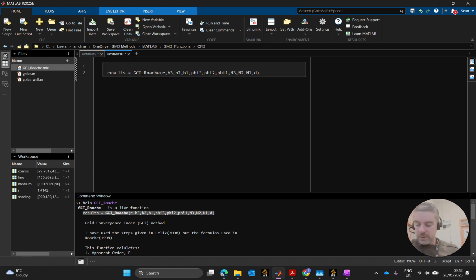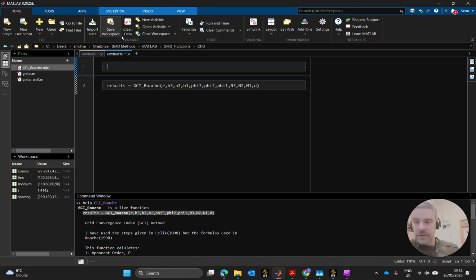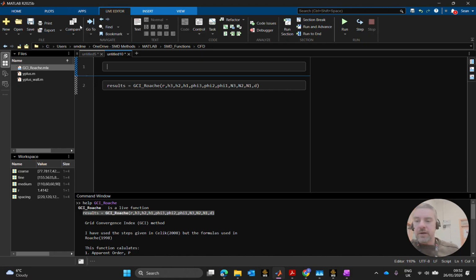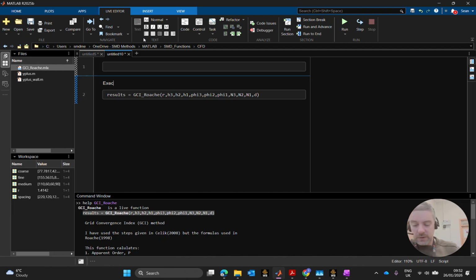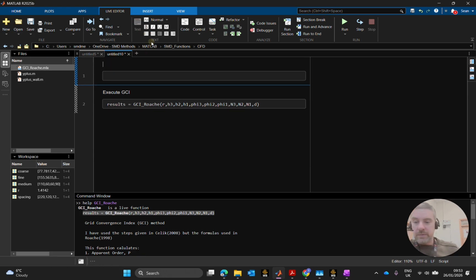Actually, what I'm going to do in here, Control Alt Enter for a new space. Live editor. I'm going to scoot myself back in here. Space up and text. And I call this execute GCI. And up here, I'll give myself a wee bit of text and say enter parameters